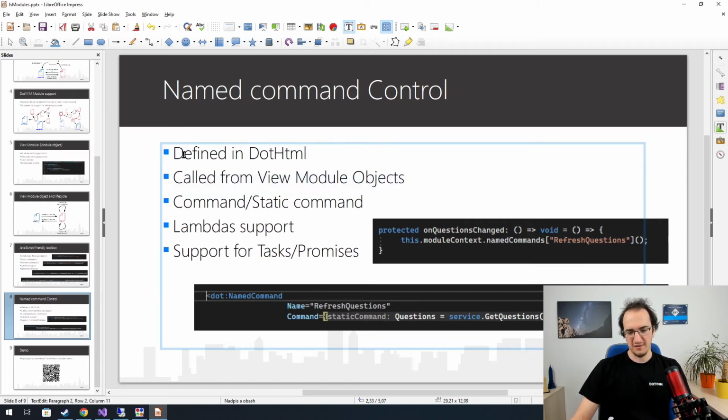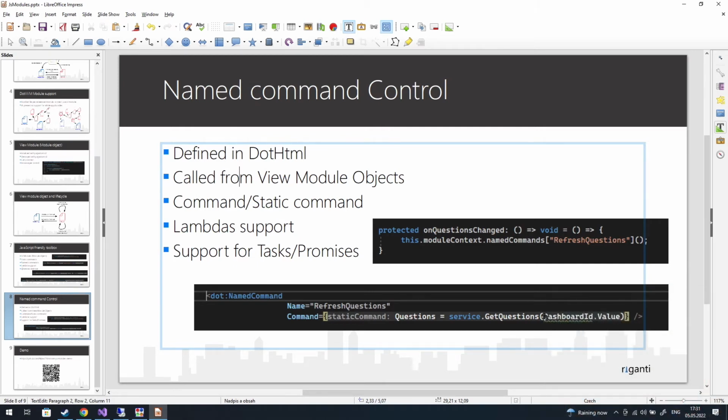You define this named command in the .html file using, let me get rid of the preview of myself. Yeah, so now you can see it's named command